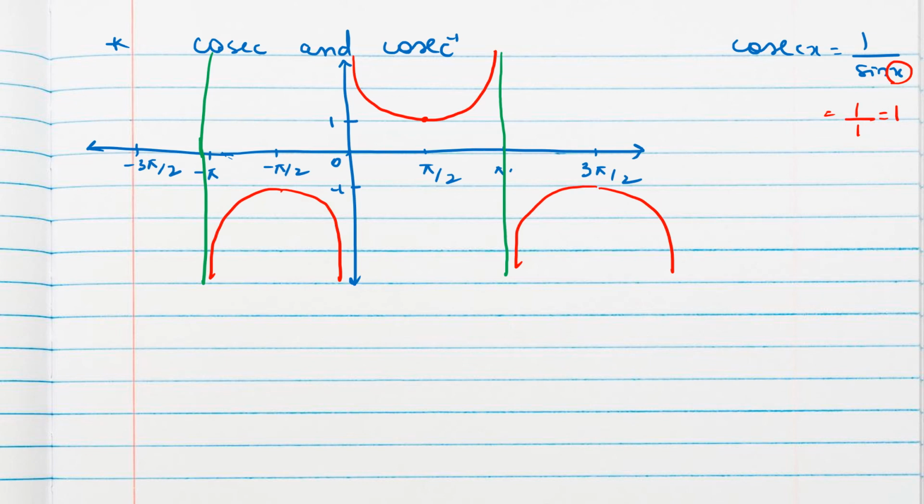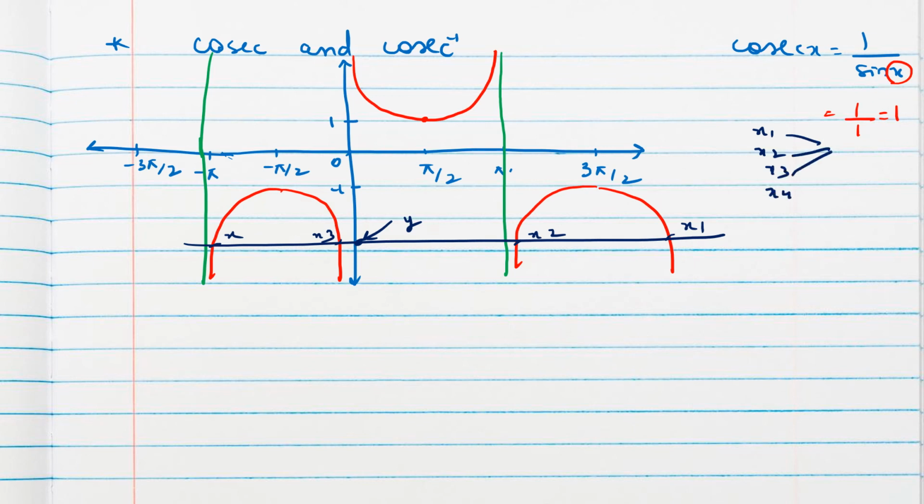And again, if you take the horizontal line test, suppose this way, for x1, x2, x3, x4 values we have one single y. So x1, x2, x3, x4 all are related to y. To find cosec inverse, if we interchange, we will get something which is not possible. That means we should restrict the domain of the cosec. After restricting, we can interchange. So we need to consider only this much part.